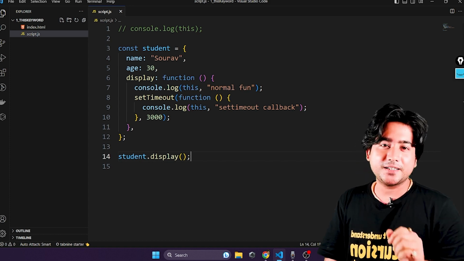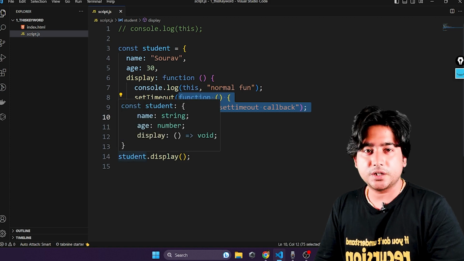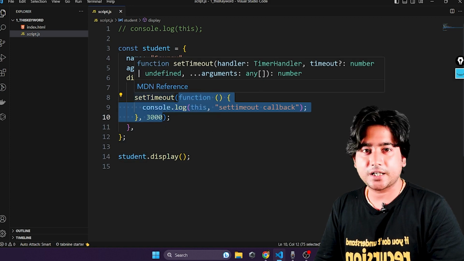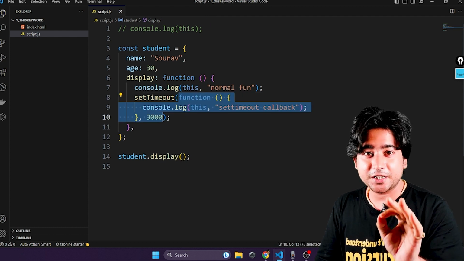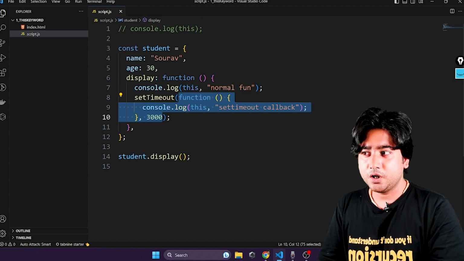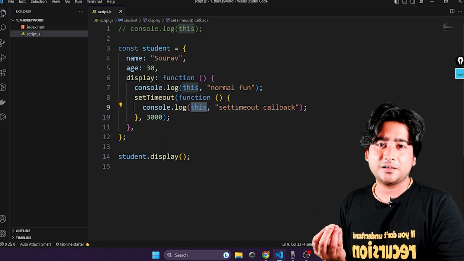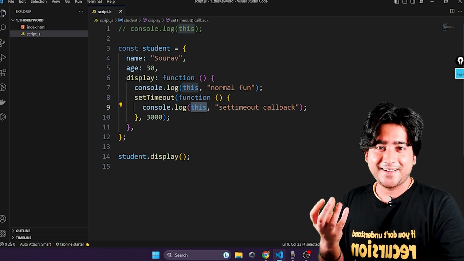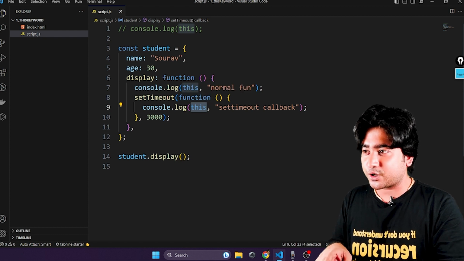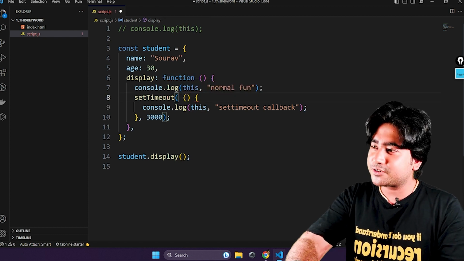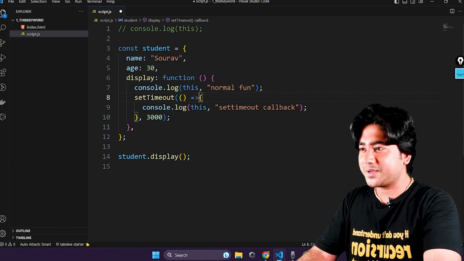Why is it not printing the student object? Because this function is not called by the student. This is the function of setTimeout, and here it is a normal function. So the question is, how can I get the value of student over here? To get the value of the student object under the callback of setTimeout, you need to do just one thing. If you remember the definition, you just need to make it an